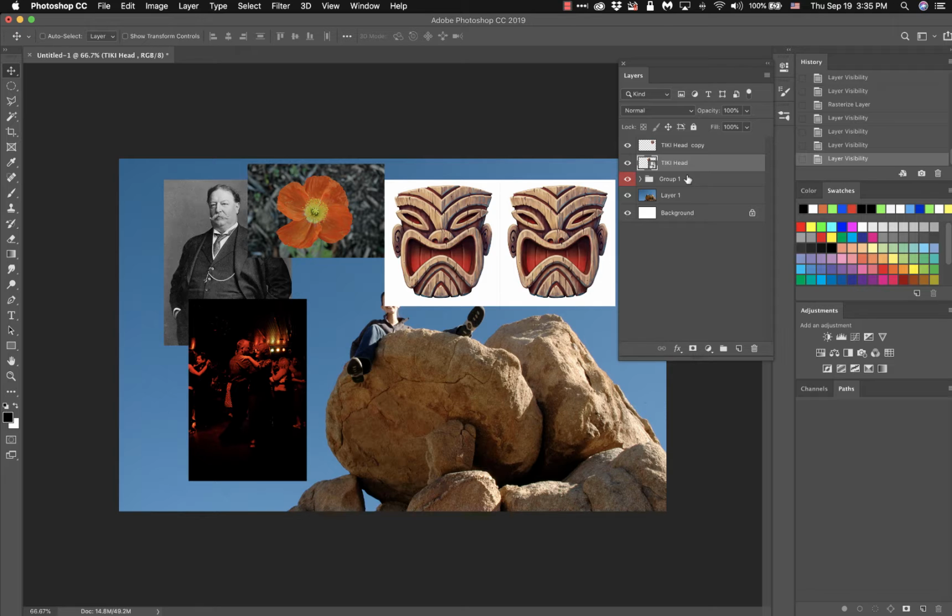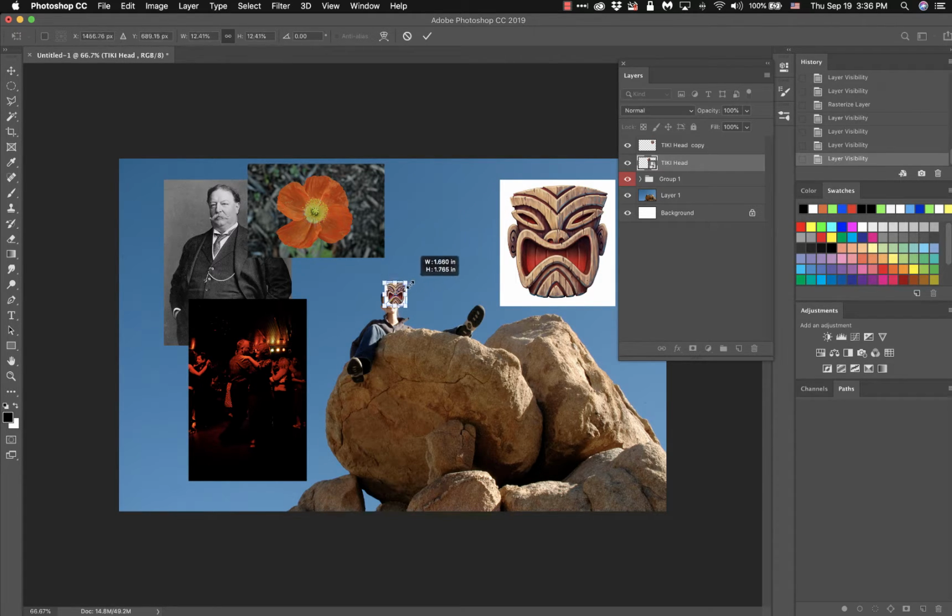So I'm going to hit the hotkey, hold down Command and T for transform. Of course, on your Windows computers, it's going to be Control T. And I'm going to make the image really, really small. Okay, hit enter to accept the new image size, which is right here,